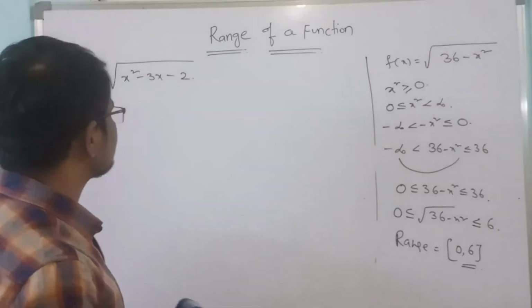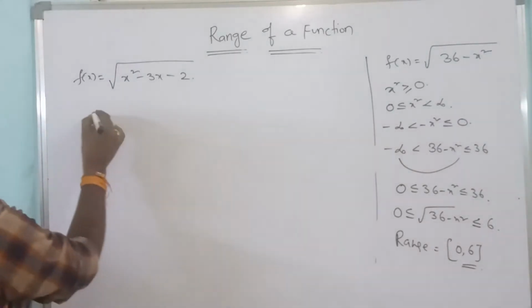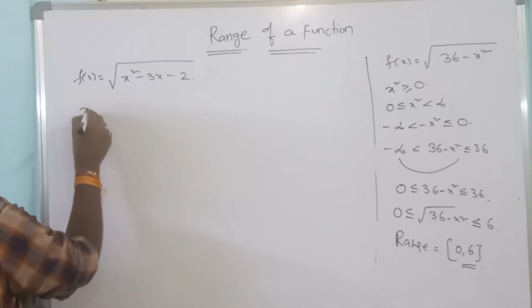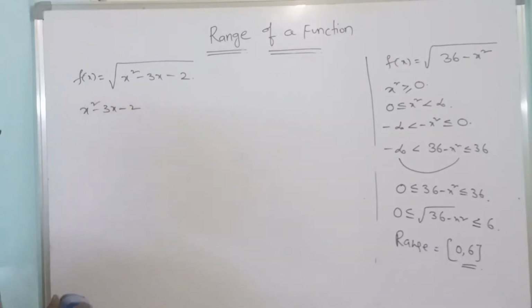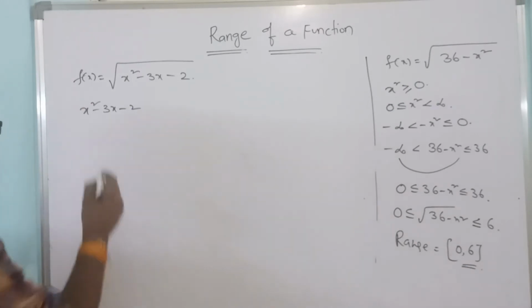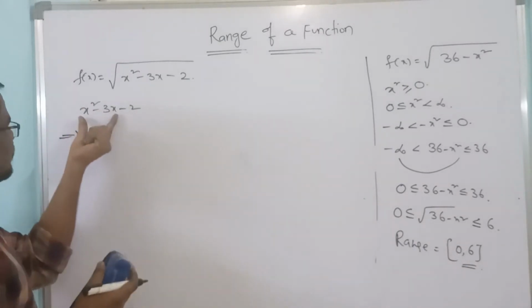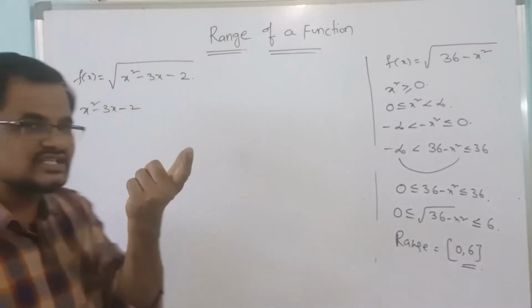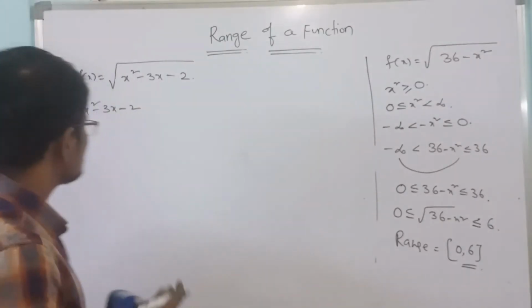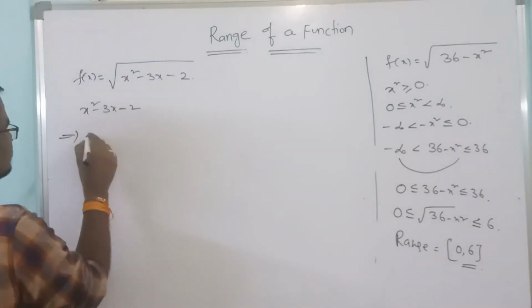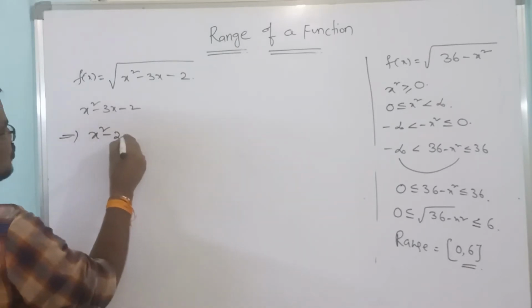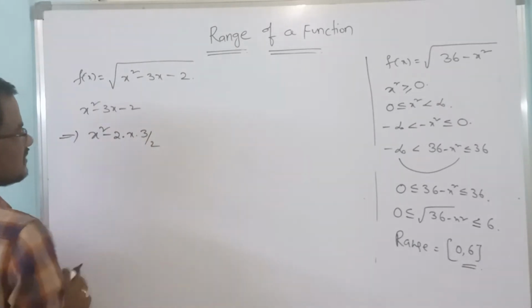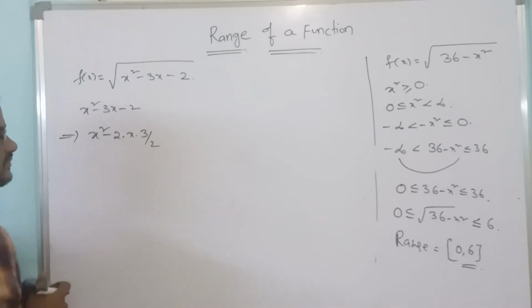So how to do this type of problems? So here also same, we have to take x square minus 3x minus 2 quadratic expression. So I will write it as a perfect square by using these two terms. So for that here 2ab are there. So we have to construct that x square minus 2ab. So multiply and divide by 2.